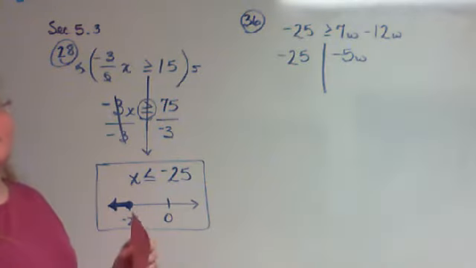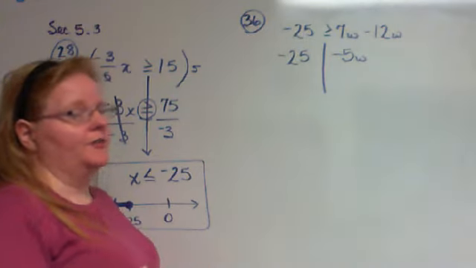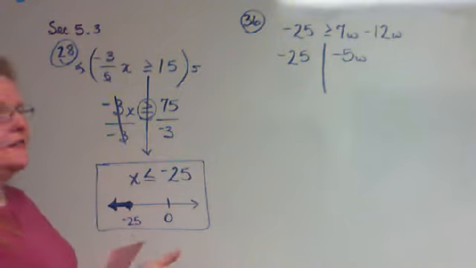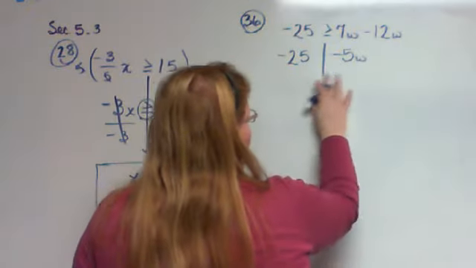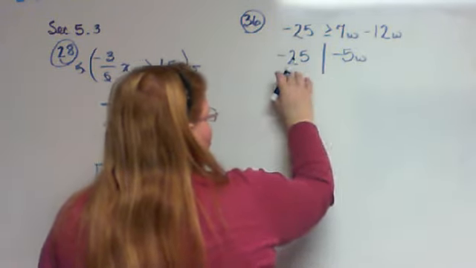Now, part of you really wants to go ahead and just get rid of the negative 5w, flip your sign, everything will be fine, good, and wonderful. But that is not what you should do. Once you have it down and you see that you have all your letters on this side and your number on this side,